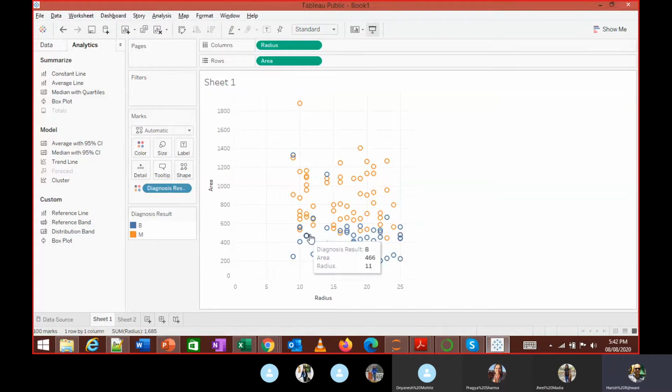I have the labels. I know the color. I can just look at this. Using this, I can train my model and find out, for any other point which comes in, what is the probability that it is benign or malignant. So if there is a point which comes in over here, there's every possibility it is malignant. If a point comes over here or here, it is very highly possible that it is benign.